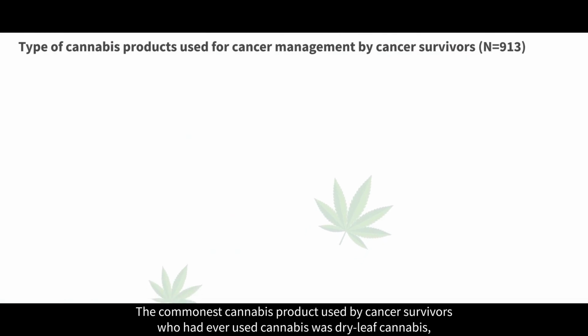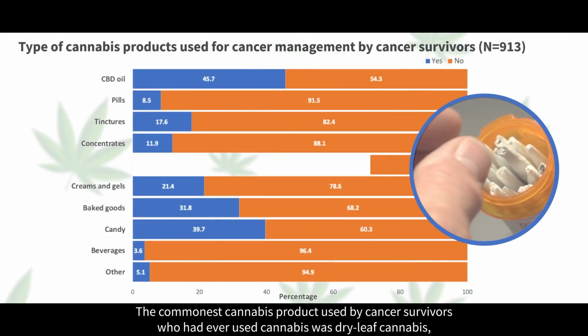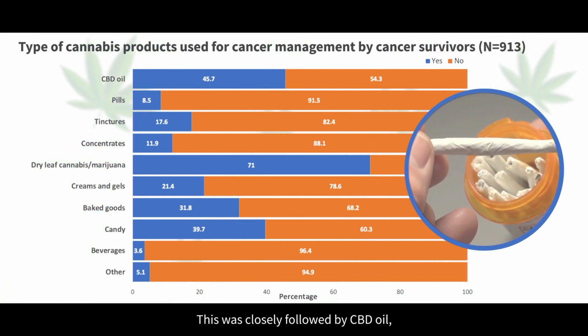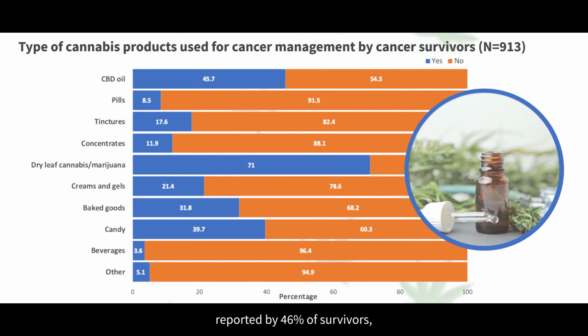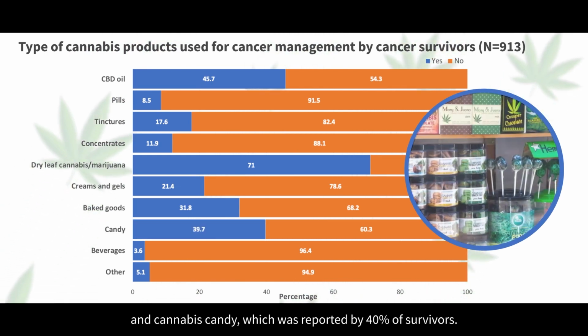The commonest cannabis product used by cancer survivors who had ever used cannabis was dry leaf cannabis, which was reported by over a third of survivors. This was closely followed by CBD oil, reported by 46% of survivors, and cannabis candy, which was reported by 40%